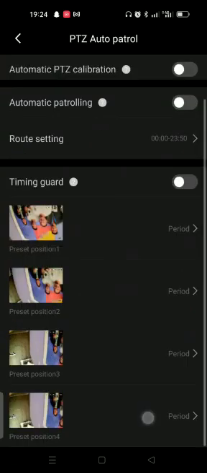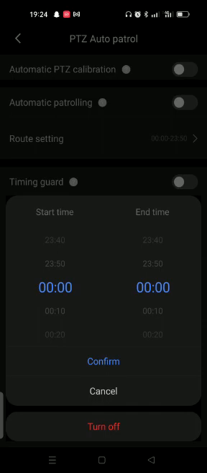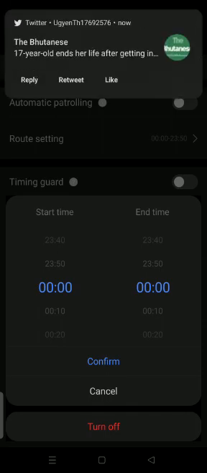You can add, save, and you need to add which timing card to be here, and I recommend you to not add